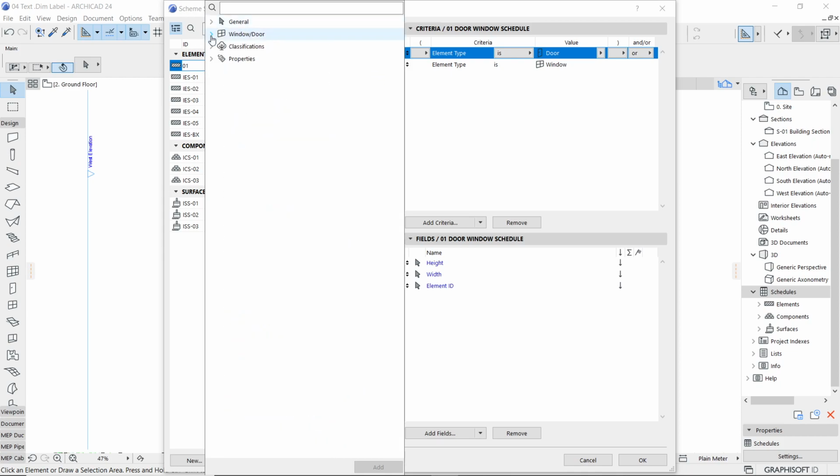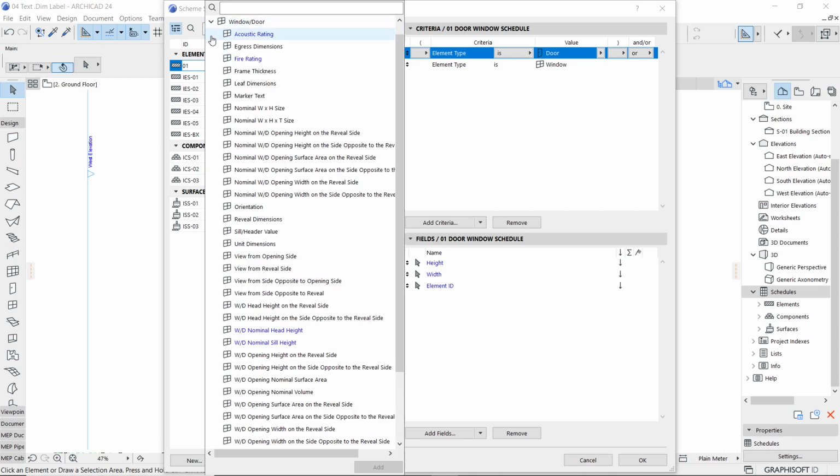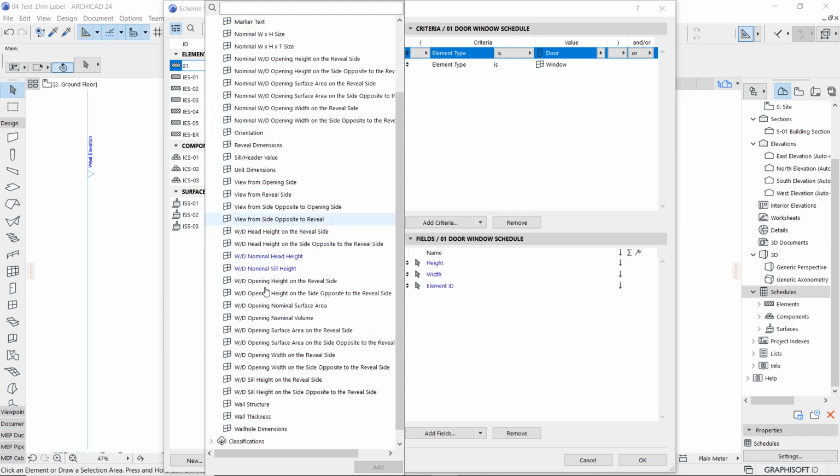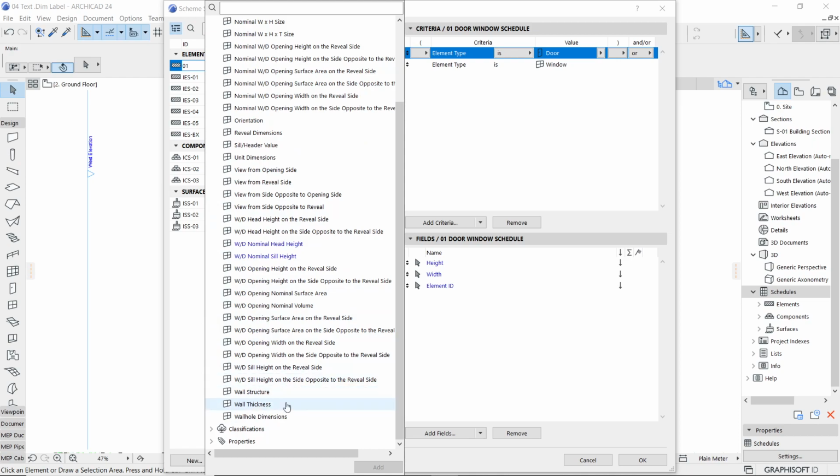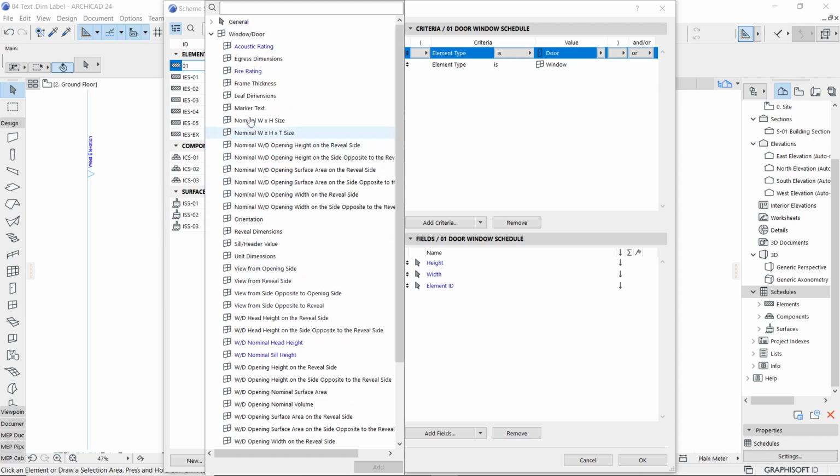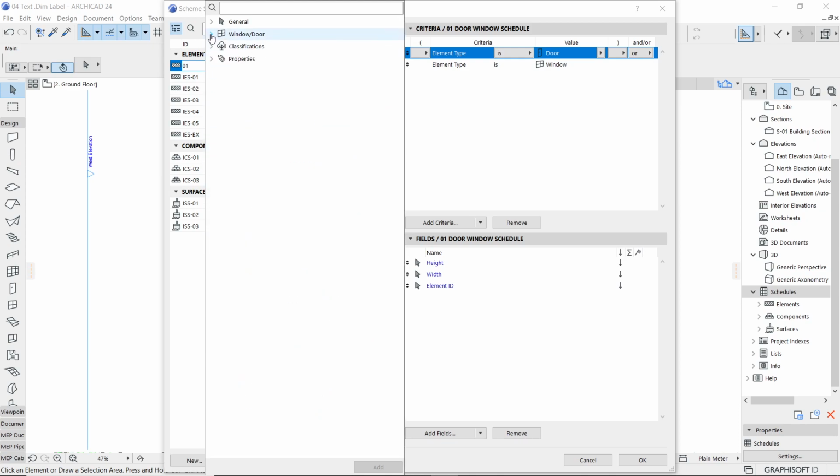If something you want to further take in a special format or in a special manner for the door window, then you can expand that group, and then more of these related options are available, which you can then further take for your scheduling purpose. So maybe the sill or header value, or what should be the sill of the door or window which is applicable. So all such related additional information also you can extract from here. Okay. So at present, I'm just going to say that this is more than sufficient for me.